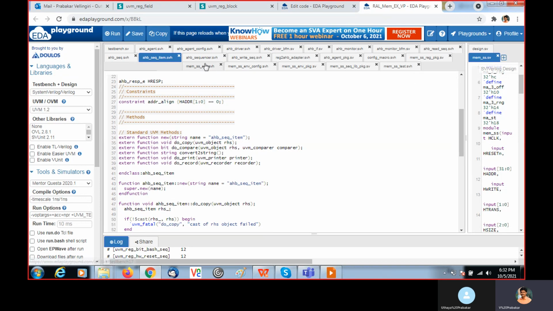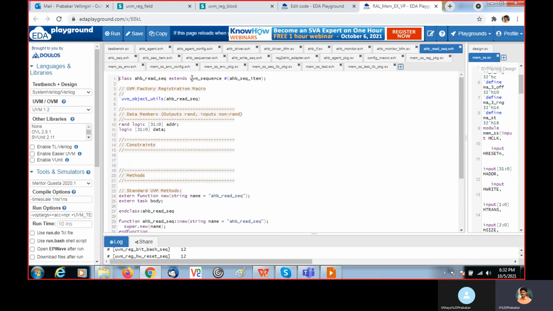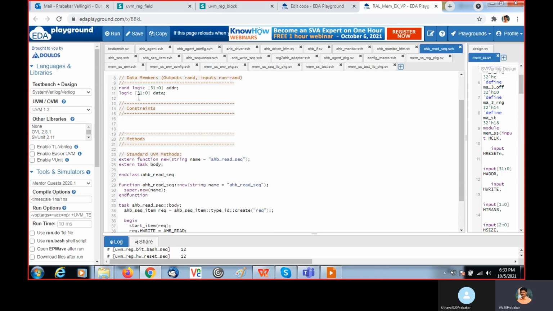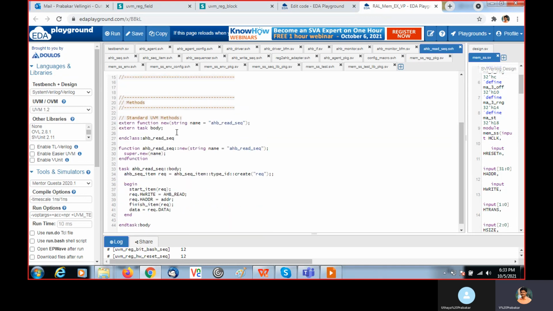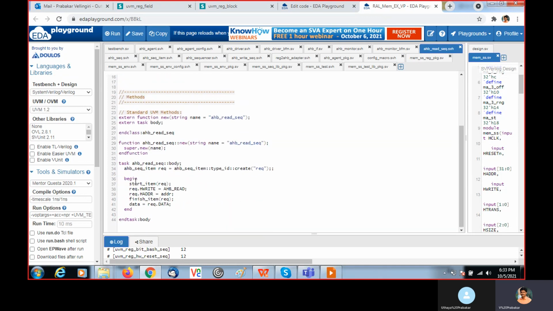Once the sequence item is written, the read sequence and write sequence we can create. The AHB read sequence extends from uvm_sequence, and it is going to support the type of AHB sequence item. This should be registered with the factory. Here we are declaring address and data. Since it is a read, the address would be declared as rand. In this sequence, in the task body,